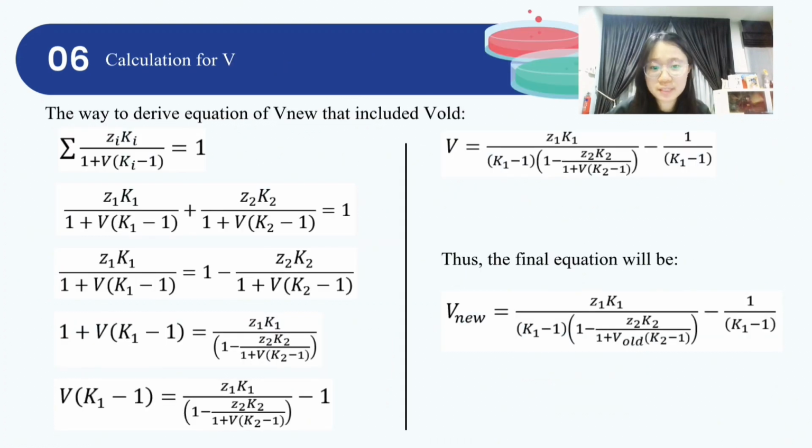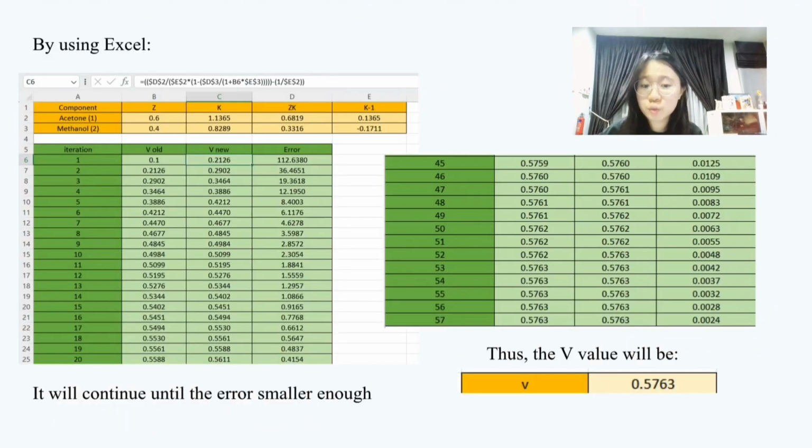So, moving on to step 6, it requires us to find the molar fraction of the feed that vaporized, denoted as V. We manipulate the Rachford-Rice equilibrium criteria, which is the first equation listed in our slide, to establish an algebraic arrangement optimized for sequential spreadsheet iteration, where the final equation is listed at the bottom of our slide. Using Microsoft Excel to loop this equation until our error is small enough, the vapor fraction converged to exactly